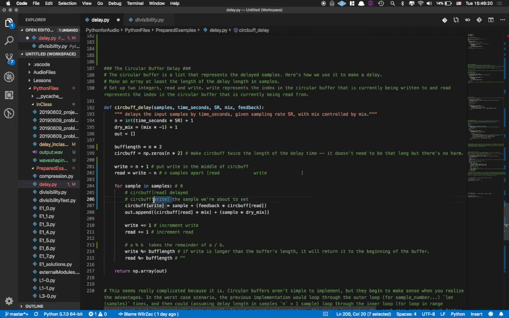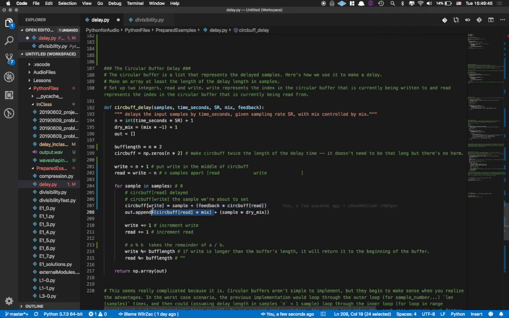So circbuff write is just going to be in front of circbuff read in this buffer, and we're going to just get the read value back here when we want the delayed sample. So this is just saying feedback times the delayed sample plus sample, and we're going to write that to circbuff write. So then we're going to just append to our output